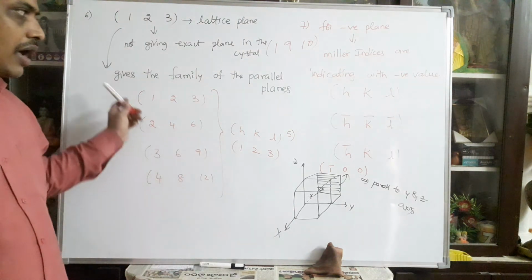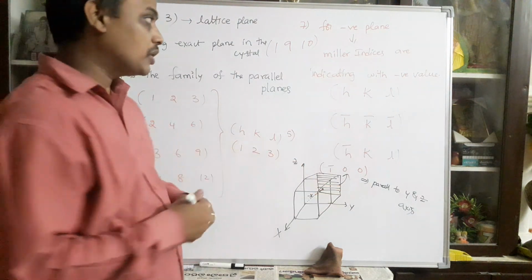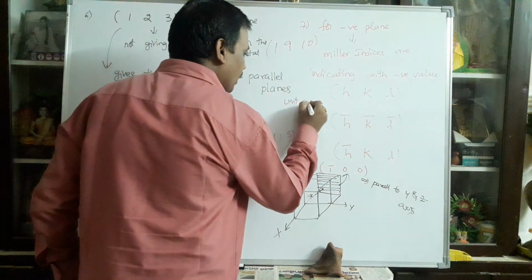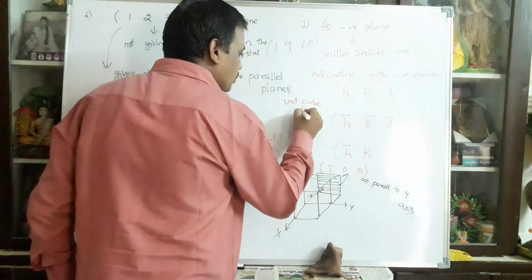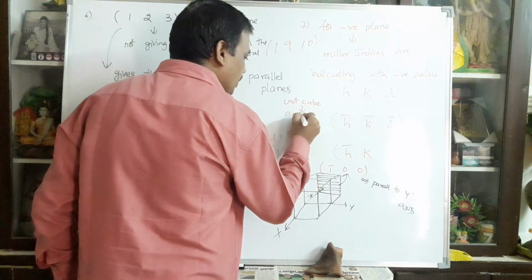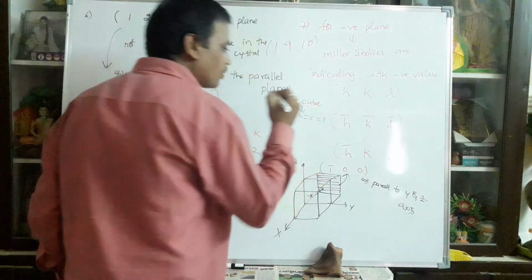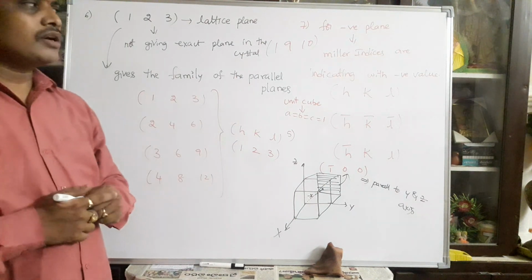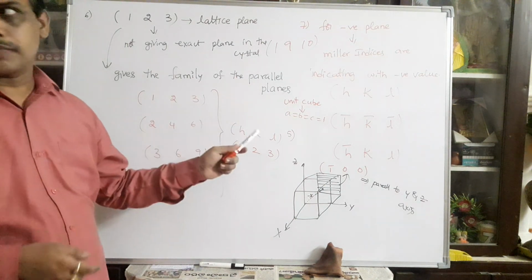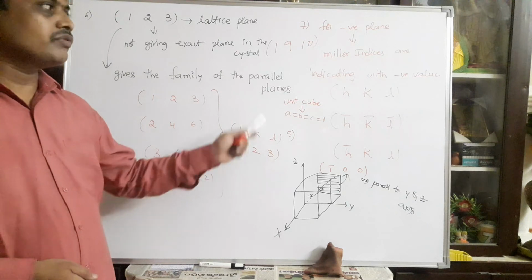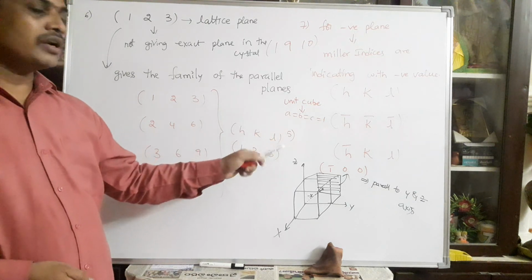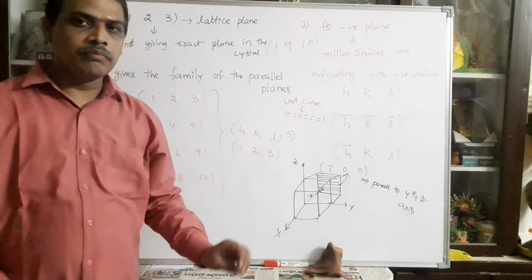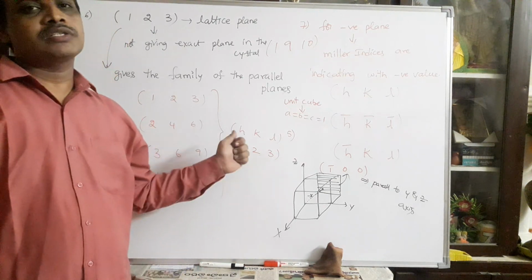Particularly, I am drawing the Miller indices by taking a unit cube. A unit cube is nothing but A equal to B equal to C equal to 1 unit only. Based on Miller indices, you can take this. After completing how the intercepts are calculated, our next class will be complete. So each and every point is well known, particularly in Miller indices. Do it very fast. Okay.